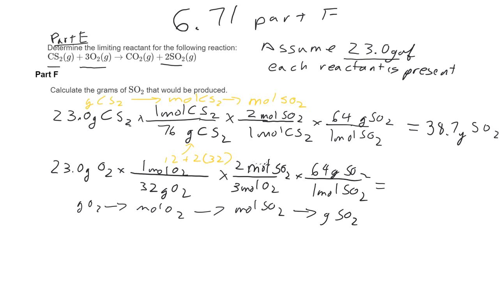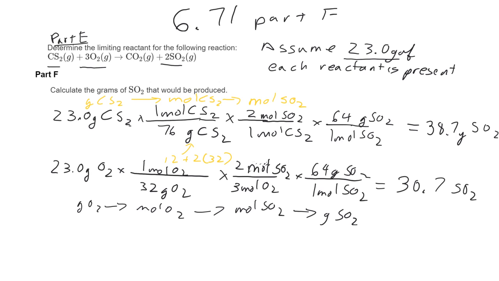So this is pretty similar to the example I used in lecture. Whoops, I made a calculator error. 23 divided by 32, divide by 3 times 2 times 64, and I'm getting 30.7